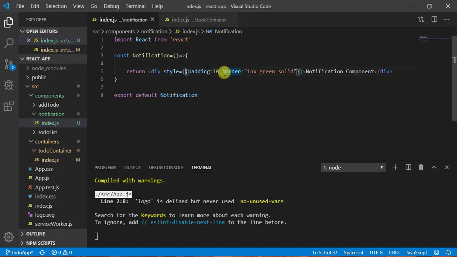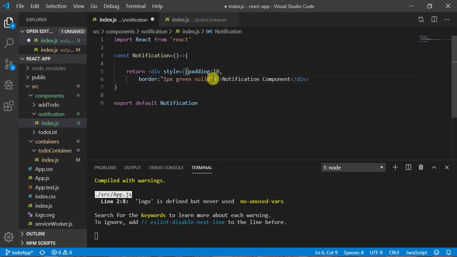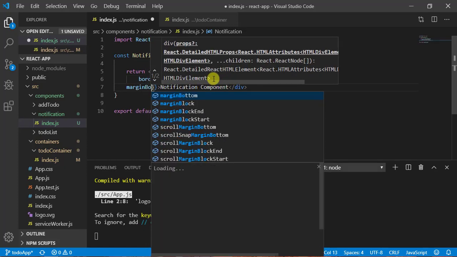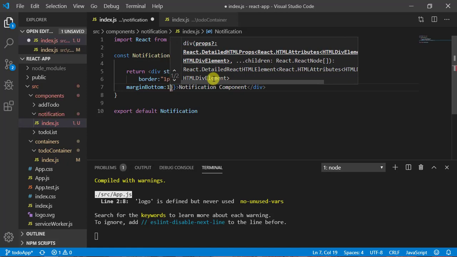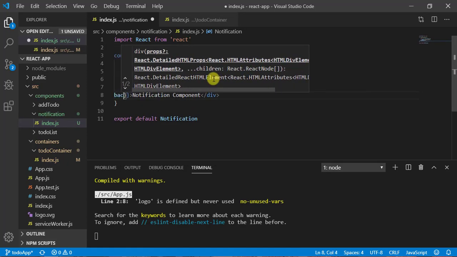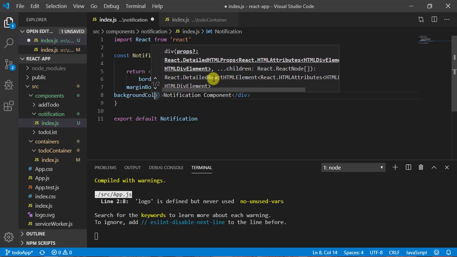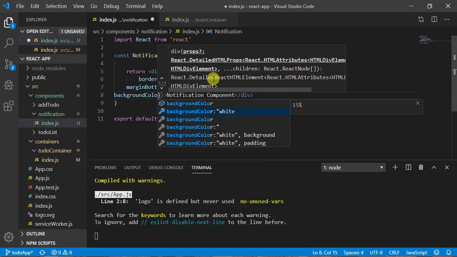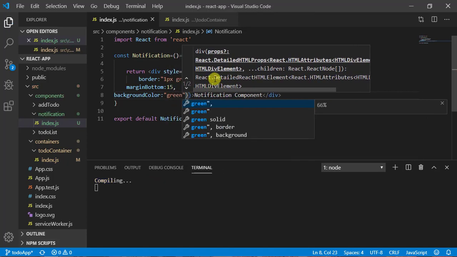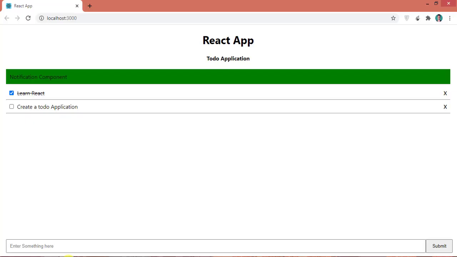Okay, now let's give margin bottom 15, and call background color. Let's give it green as of now; going further we will change it. Now let's come here and have a look. So it's looking good.